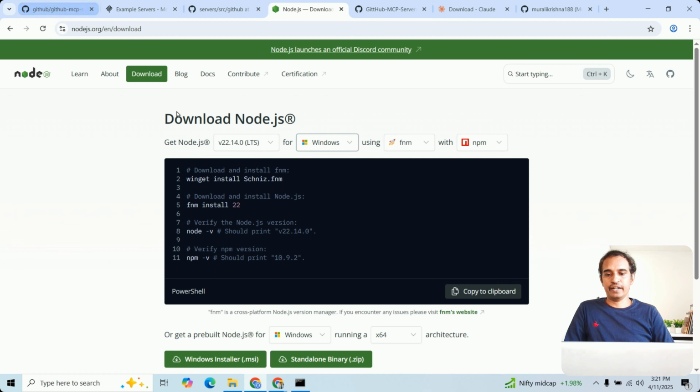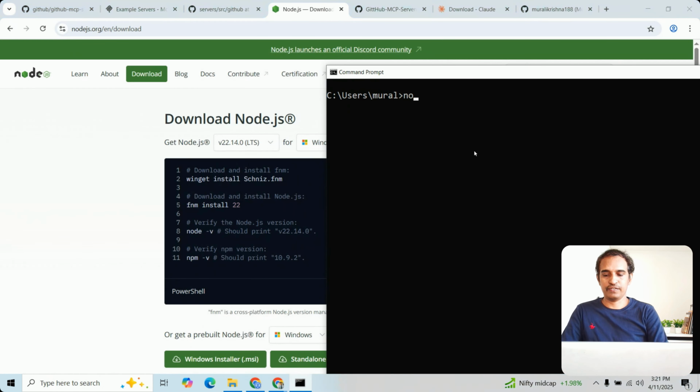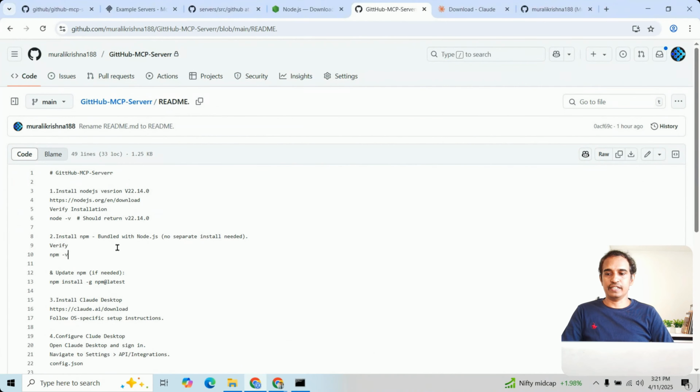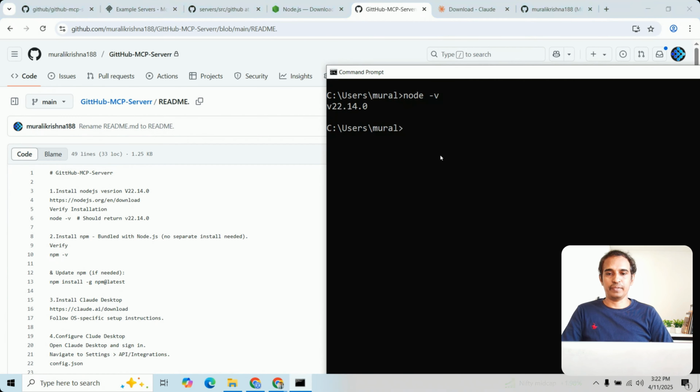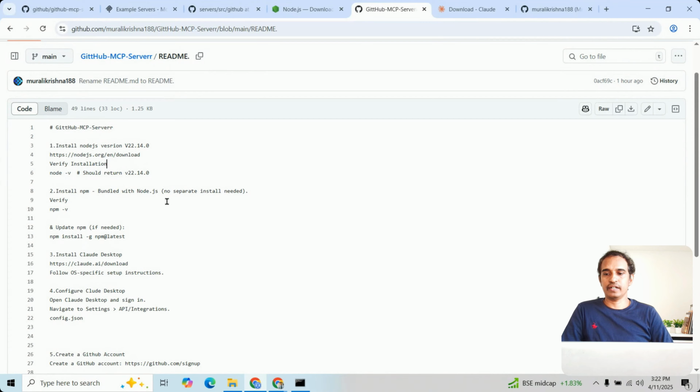You can execute node -v, and you can also check npm. npm is bundled with Node.js, so there is no separate installation required, and if required, you can update it using npm. So here you can see it. Next, once you have installed Node.js,